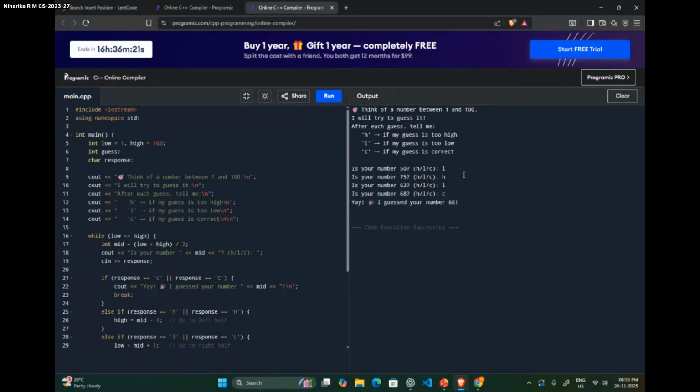So it's found our answer. A linear search would have taken 68 iterations for this, while binary search took just a handful of iterations for this whole thing.